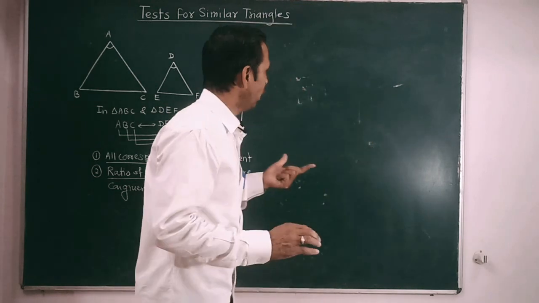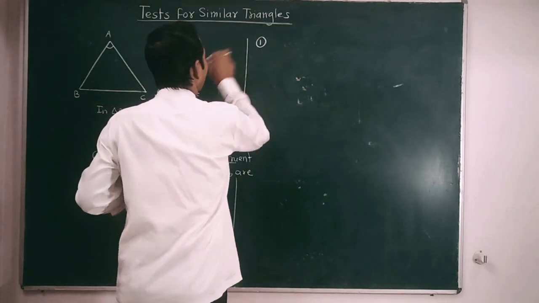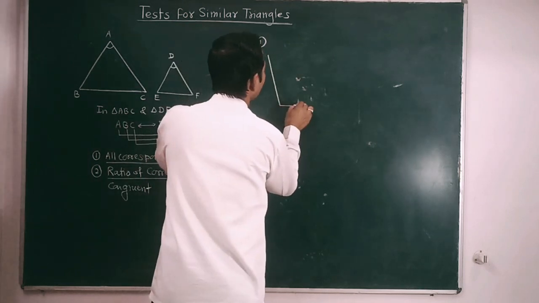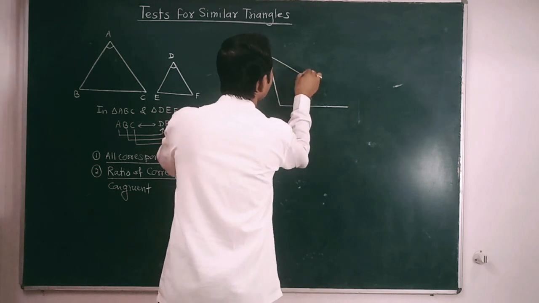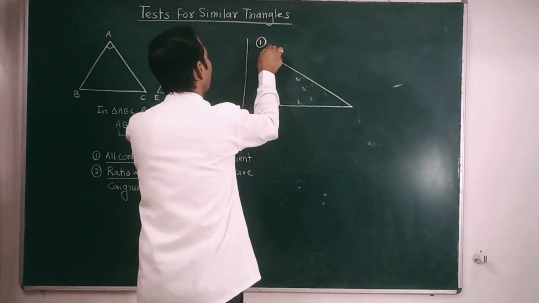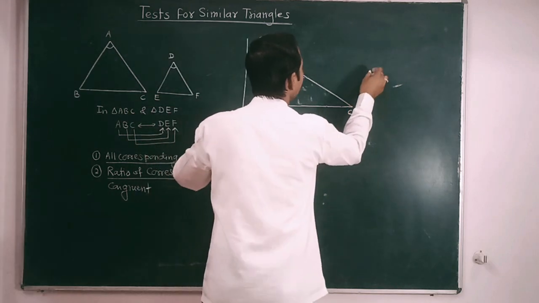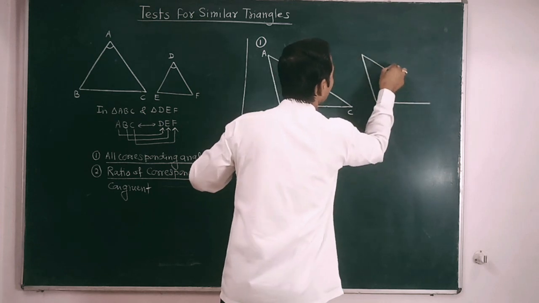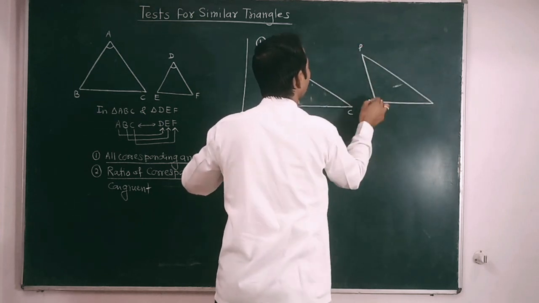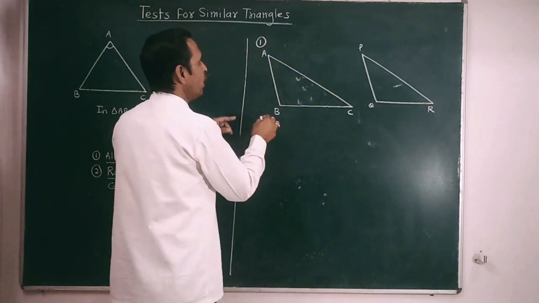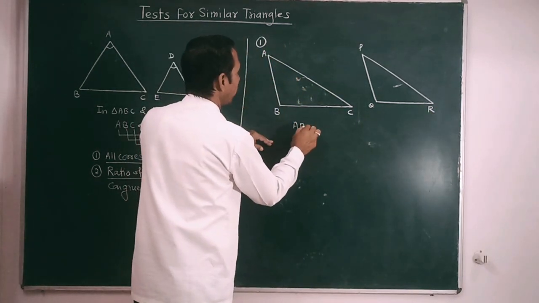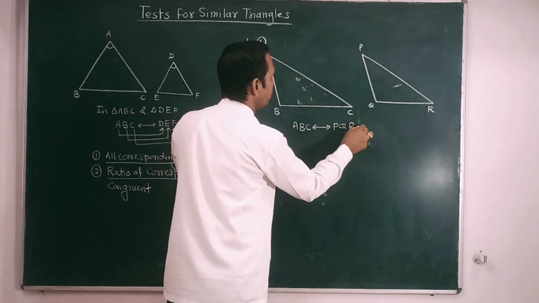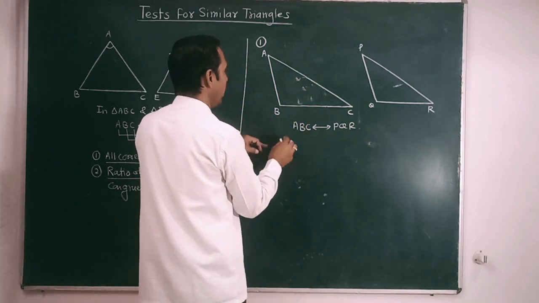That's why this group of three necessary and sufficient conditions is called a test for similarity. Now let us see the first test. Suppose these are the two triangles. Suppose this is one triangle, ABC, and this is the other triangle, PQR. Now in triangles ABC and PQR, due to the one-to-one correspondence, that is ABC corresponds to PQR, by this correspondence